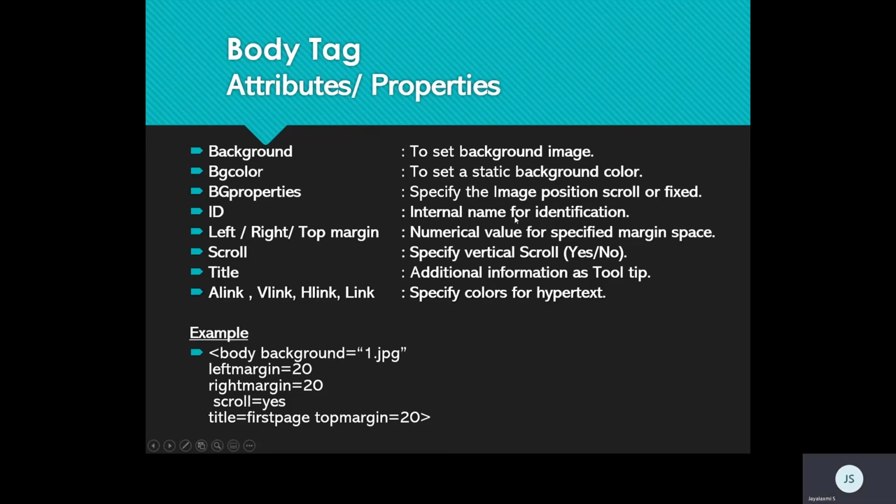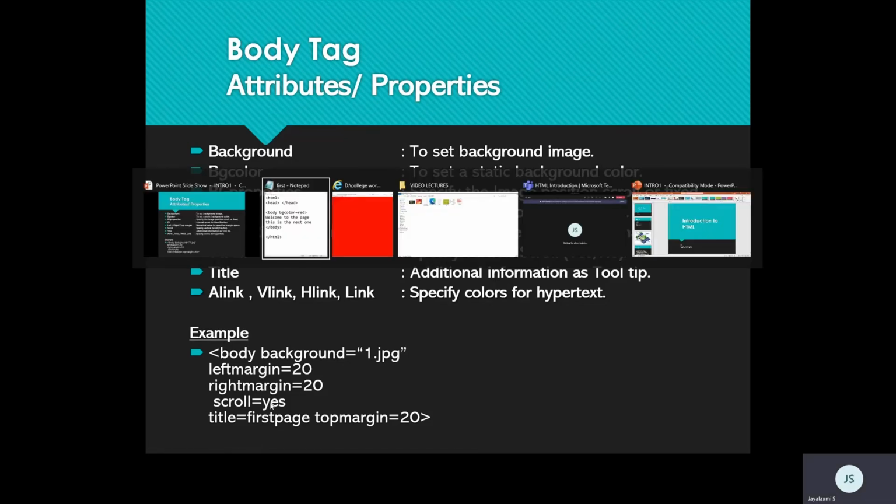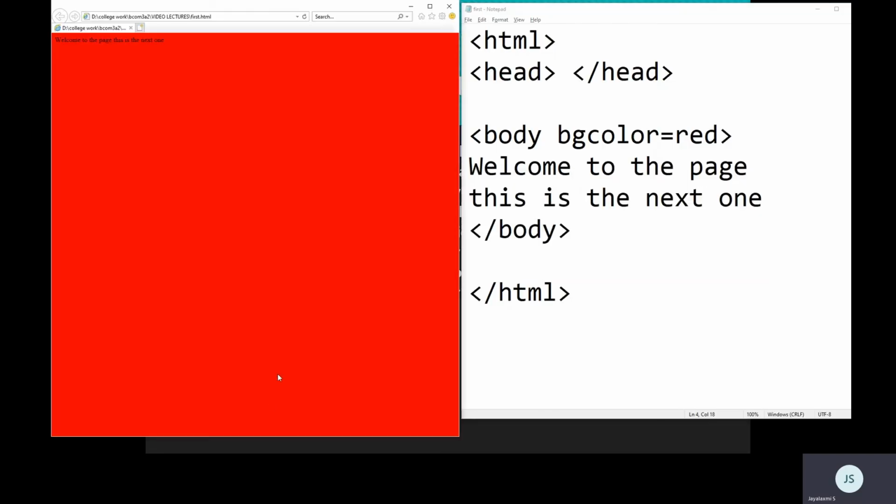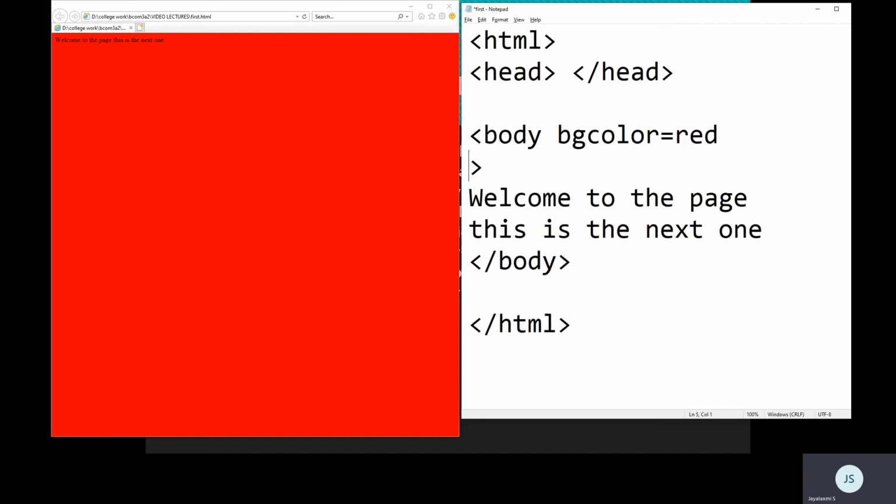Okay. I even want to give the sizing for my document. That is, my document should start only from one point and end at another point. Somewhere in between only I want to give the text content. So just to see here, left margin. The margins are given with the help of the position of the margin, left margin, and you specify a numerical value.